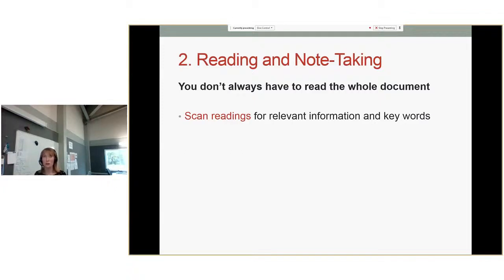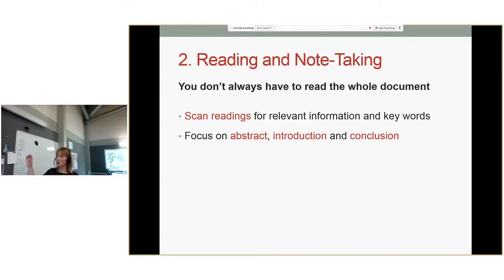So if you know that you're looking for a particular theory, you can just quickly go through that text looking for that keyword, and that can be a way of speeding things up. And it's also a good idea to focus on the abstract. If it's a journal article, it will have a little summary at the top, a couple of hundred words that basically describes what the paper is about. So again, that's a really good thing to look at before you read the whole paper, because if you just launch into that article without reading the abstract, you might find it's actually completely useless information.